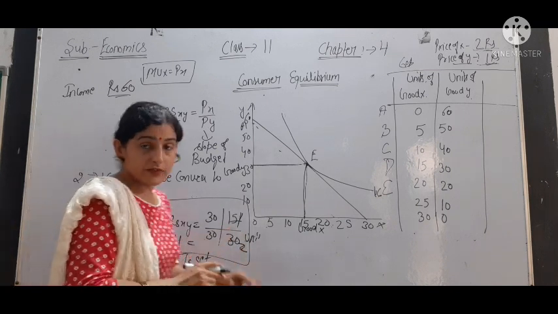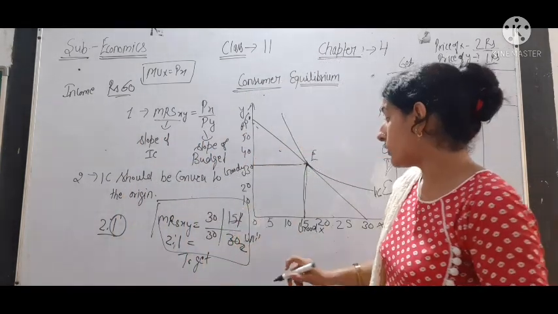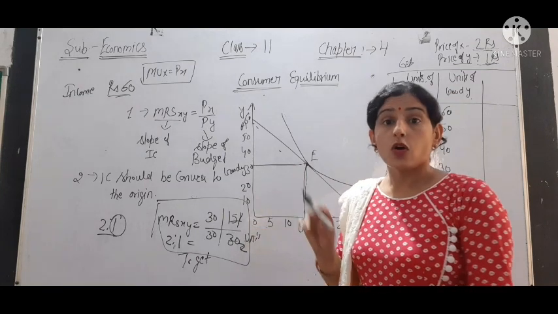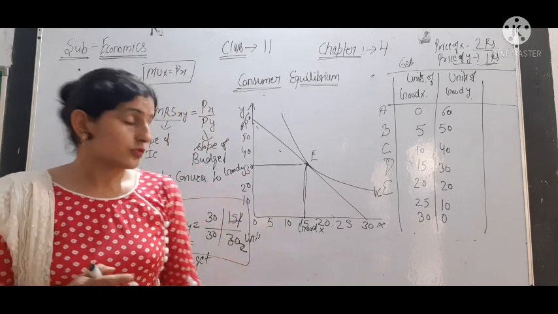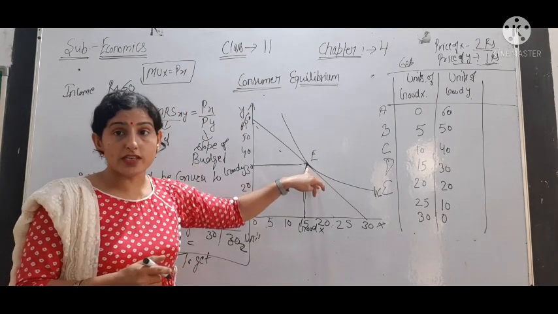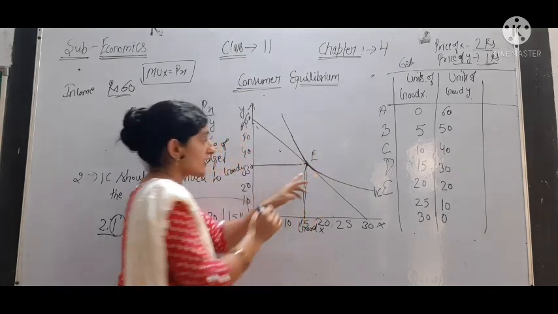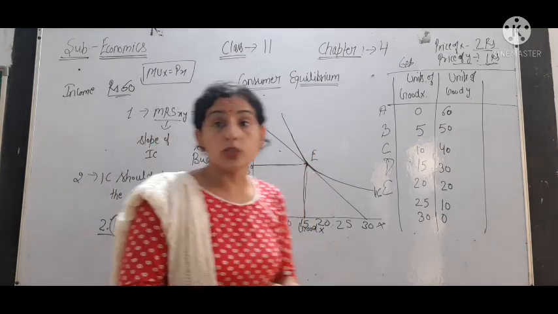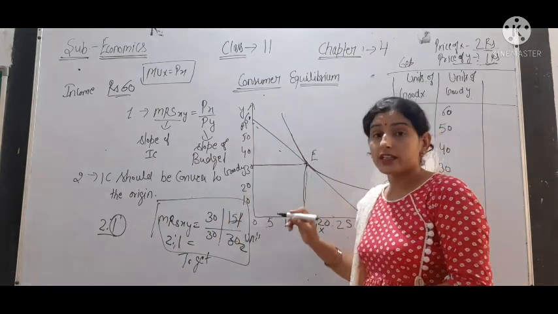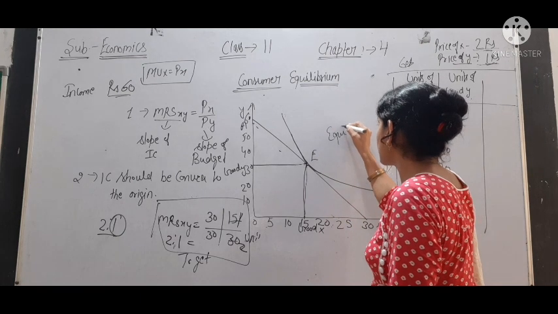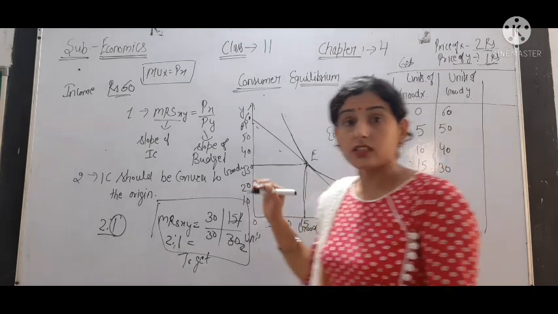Okay. So we can see that by spending the same income on both goods, the consumer has to sacrifice 2 units of Y to consume more units of good X. Okay. So the condition is satisfied at this point, and we can also say that the slope of IC is convex to the origin here. Okay. So both the conditions are satisfied at point E. Okay. So here the consumer is in an equilibrium situation. He does not want to get any change in this situation.